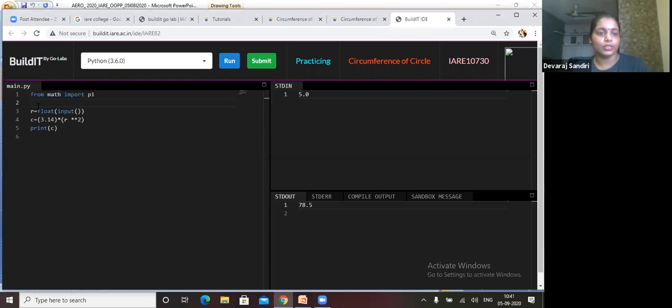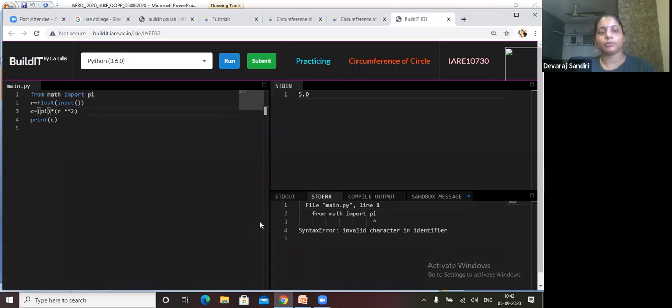Why is it not working? I'll check it once. It should work actually because of pi. Why is it not working? Because of some exceptional error, it is not working. Pi is only not working in our main.py. In 3.6 maybe pi is not acceptable. See, version to version it may change. The changes are coming, so pi is not accepting. In our math, the pi word is not accepting. Why is it not accepting? That also I will tell you tomorrow.